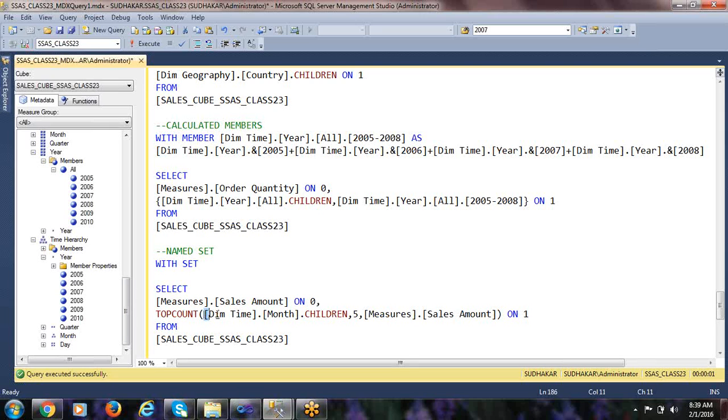So let me take dim time month. With set top 5 as